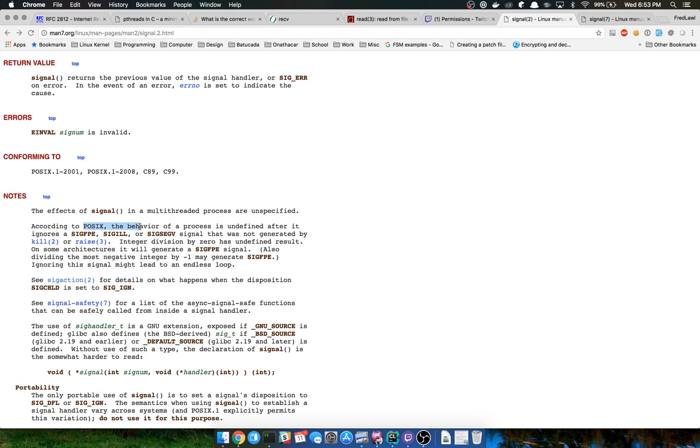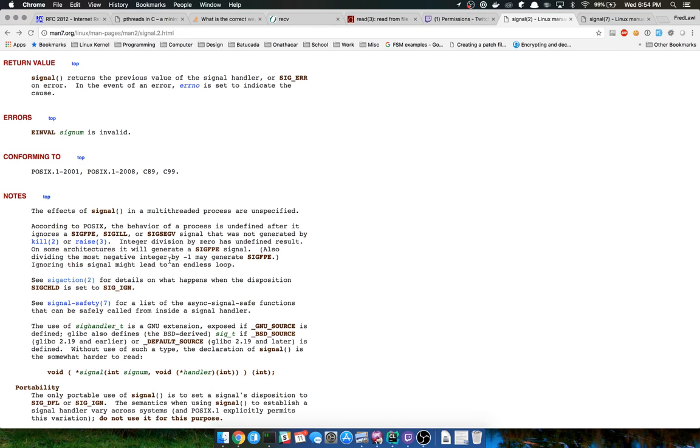Okay, so the behavior of a process is undefined after it ignores either one of these, if not generated by kill or raise. Integer division by 0 is an undefined result. On some architectures, it will generate a, I don't even know how to pronounce that.